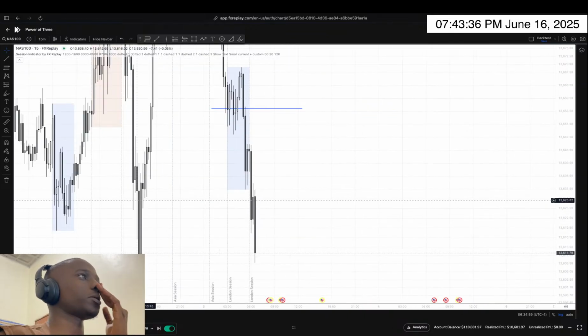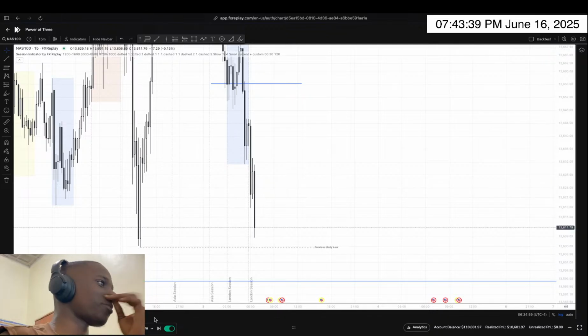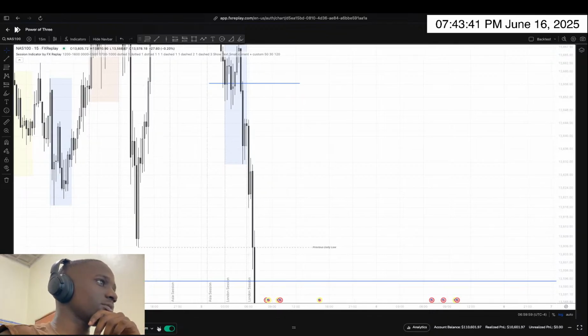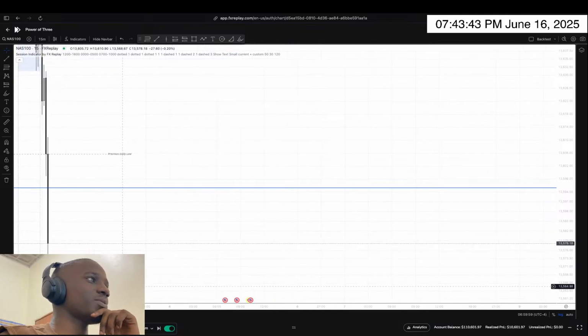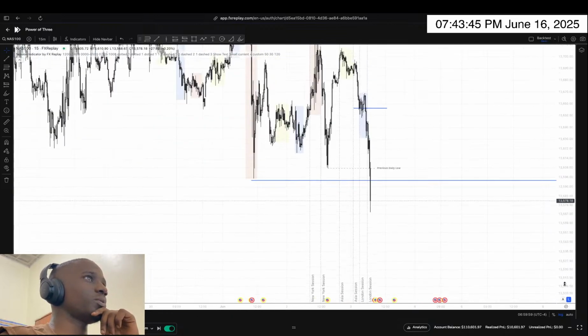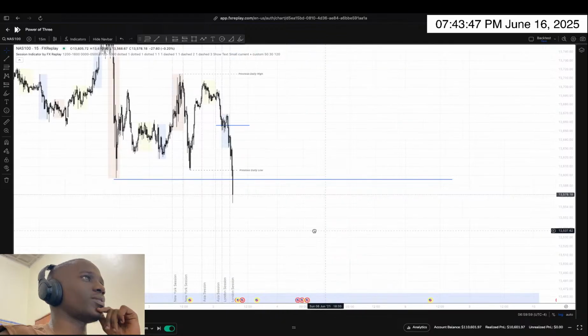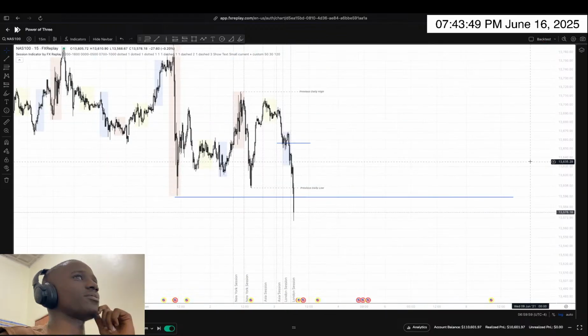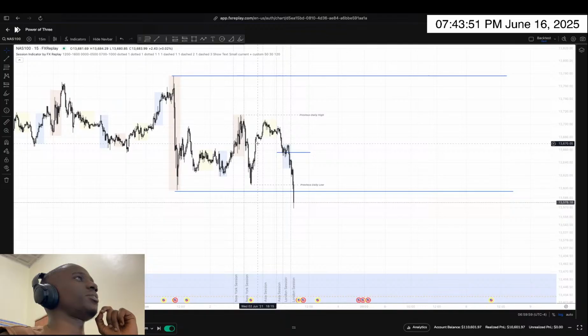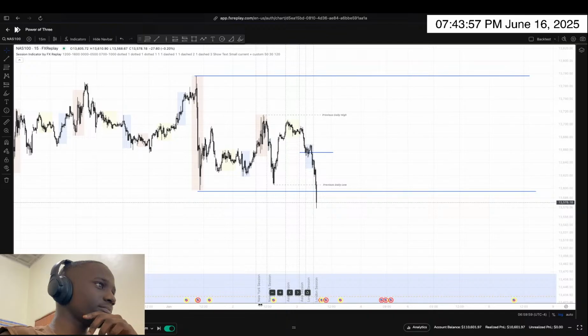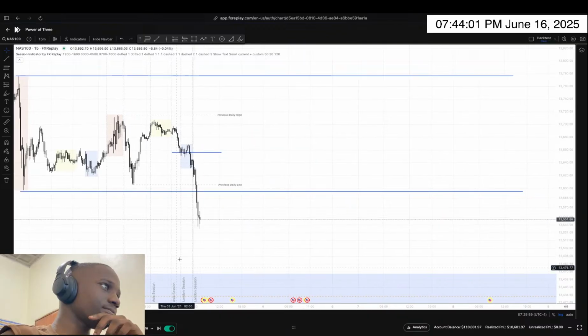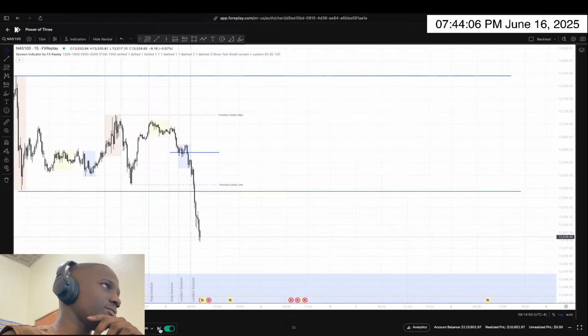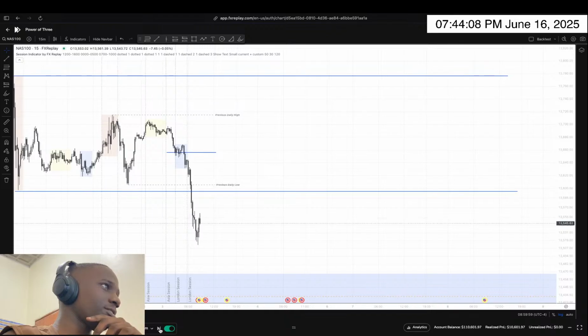That was the 15-minute looking like. So we're about to take out the previous day low, and we take it out, and we also continue down to the level we had marked before on the daily, which means that we had a really bearish structure. Good market maker model right there. New York hasn't started yet, but we can see if New York will provide an opportunity for the day.